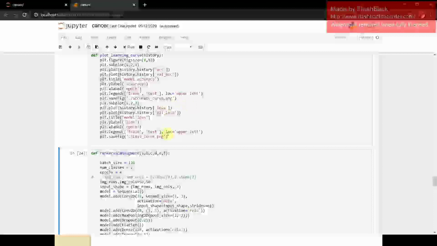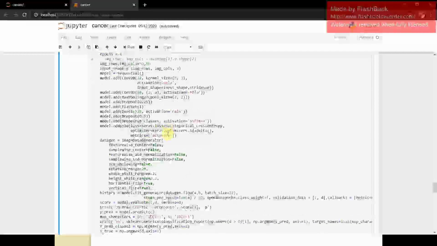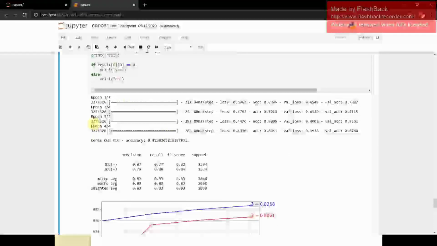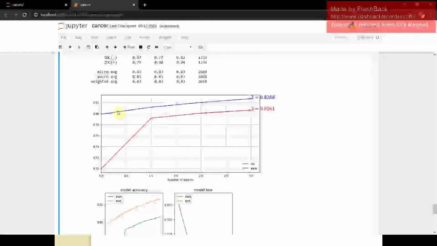So see, here is the project code that we apply on it. These are the epochs you see here, and what accuracy we get: in the first epoch approximately 69%, in the second epoch about 79%, and in the third epoch about 80% accuracy. At last we get 82.6% accuracy. And here you see the graph of the number of epochs.